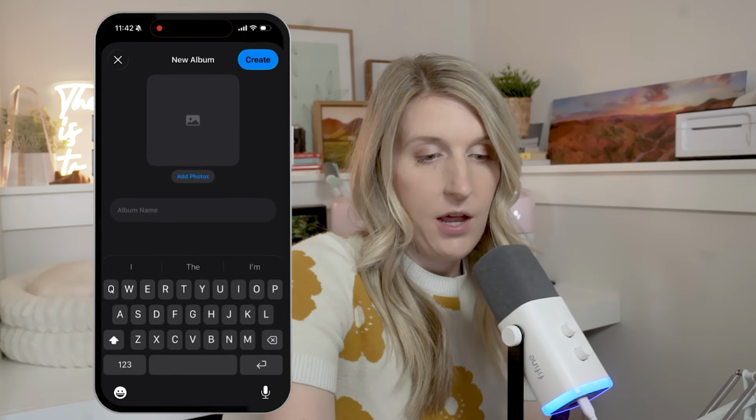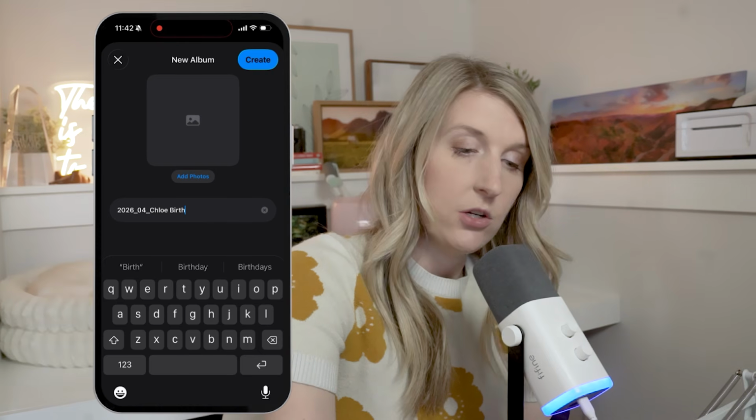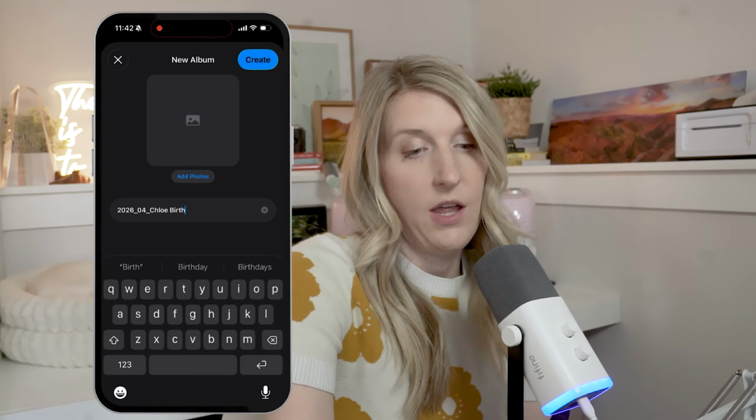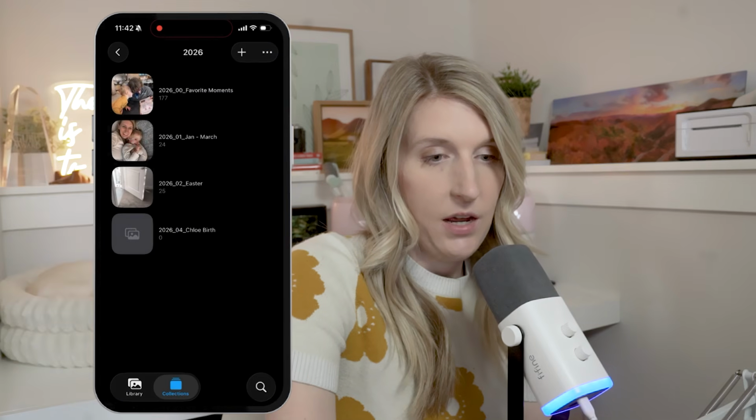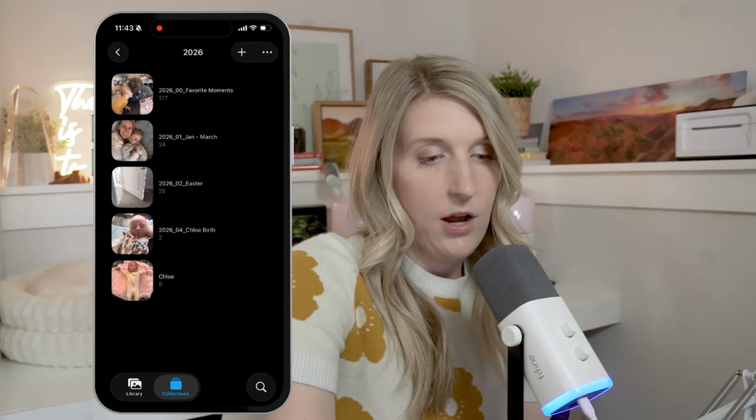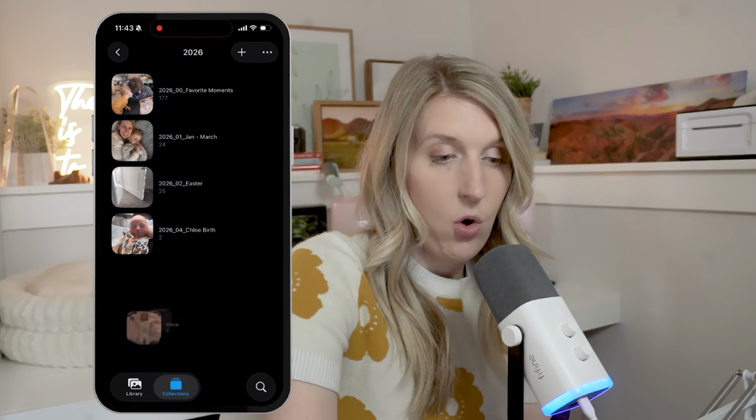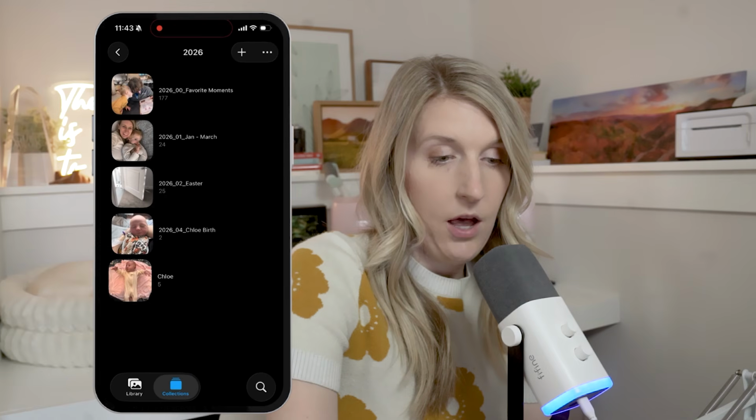And let's say I want to add an album of my daughter's birth. So I like the naming convention of the year_month_event. So I'll click create and I can come in here and I can start adding photos. I can add in these photos and then it will start populating. Now, if I had another album, now I can select, I'm going to hold down on this album and then